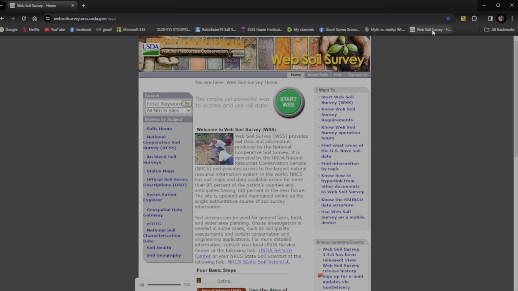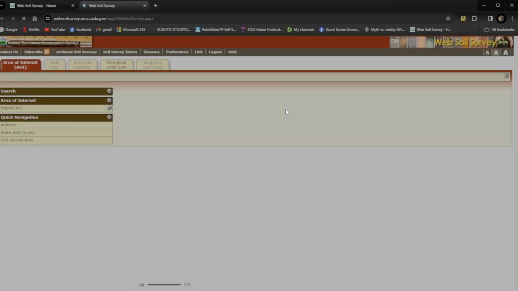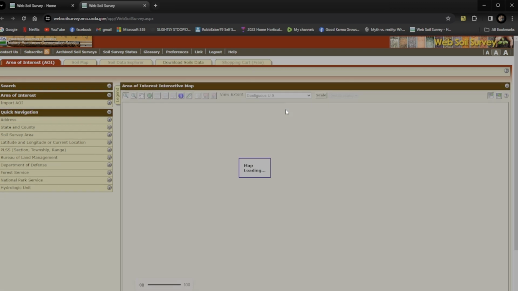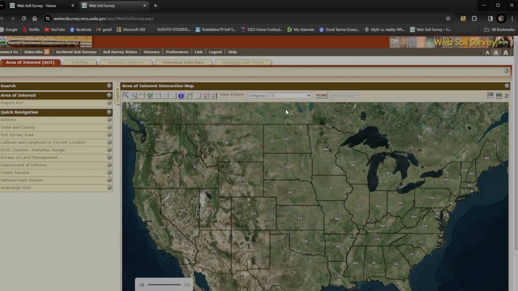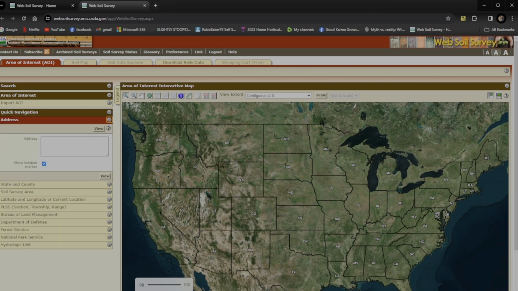So the first thing we're going to do is click on the green Start WSS button. And it should bring up a map of the good old US of A. The next thing we're going to want to do is go over to Address. And I'm going to go ahead and click, actually, let's go to,